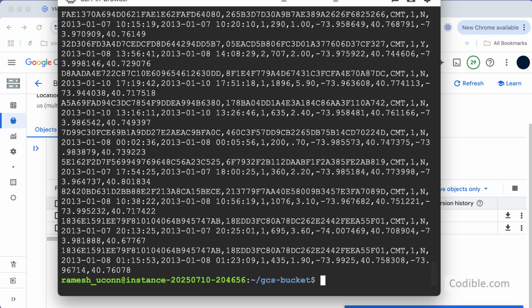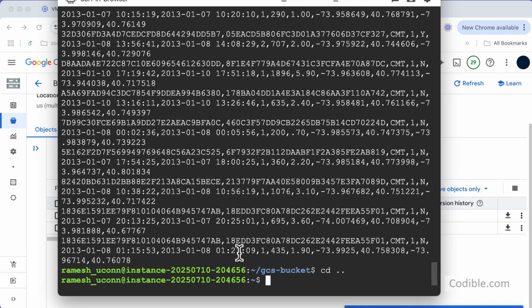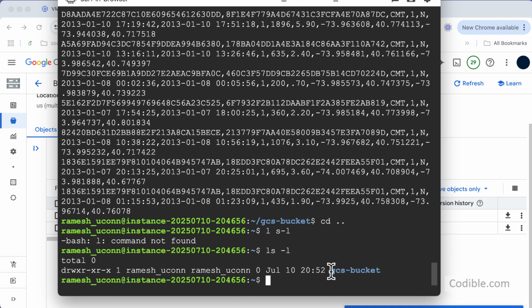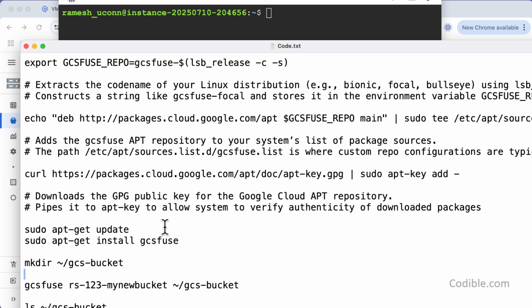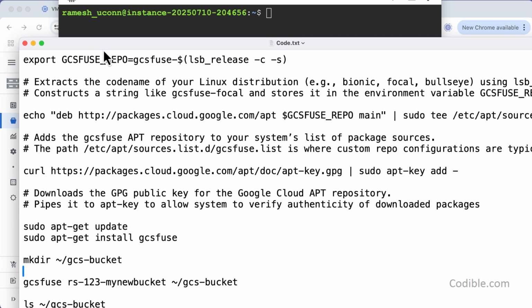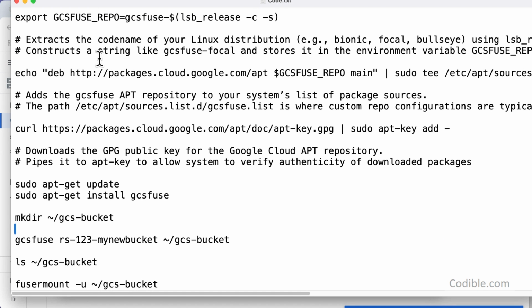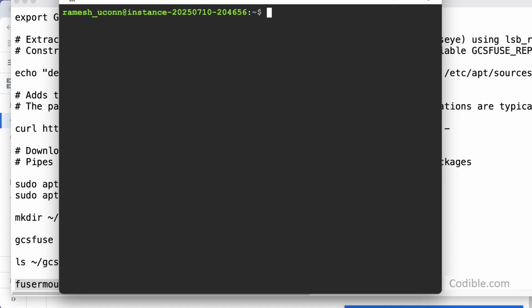you can also unmount this. Once you're done with this, you can say cd .. and then you can go back to the parent directory where you see the GCS bucket folder. Now that I'm ready to unmount my GCS bucket because I'm done with it, I can disconnect the link between the GCS bucket in my VM instance and my new bucket in the Google storage by using the fusermount command, fusermount -u and then the folder name, and I can copy that and